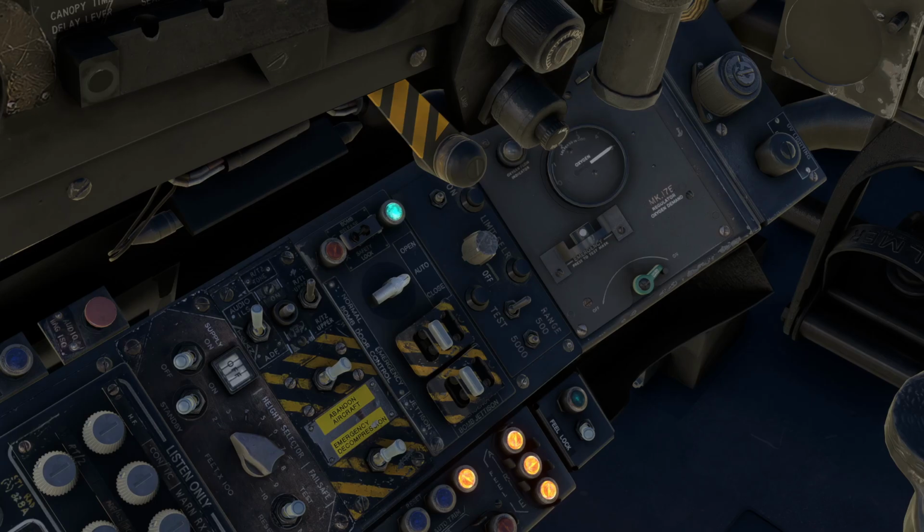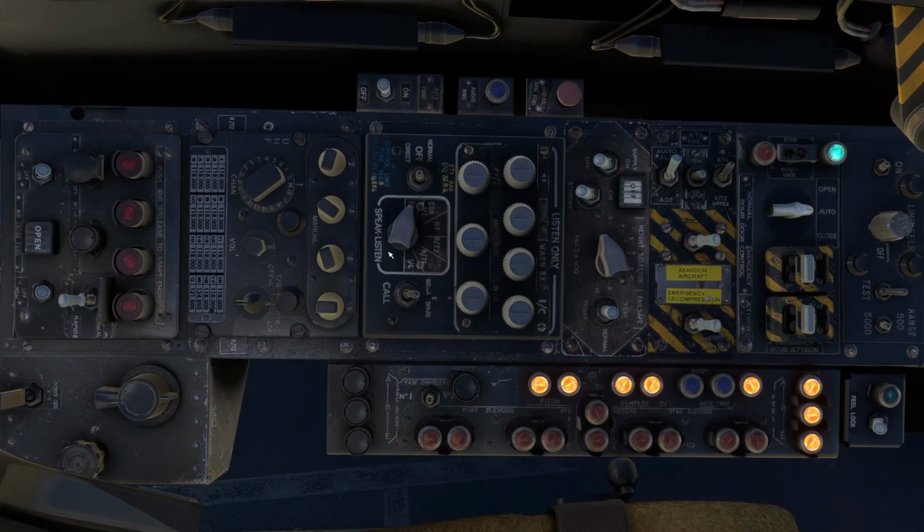We're nearly there. Okay, so we want to get back to this panel here, so I'm going to press the 5 button again. It's good because it lifts up the seat here. So now we want to press, we may have to do this twice. I don't know if it's because we need to do these first and then do these, but I'm going to do these here, A, R and E. I'm going to click on all 3 of those, and then also switch this yaw damper here down to number 1,